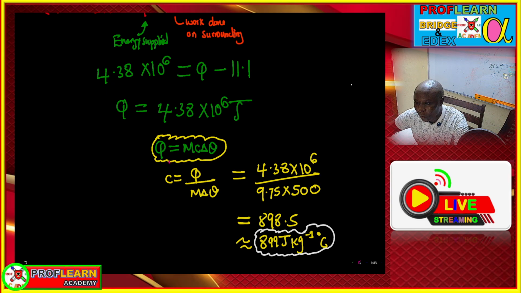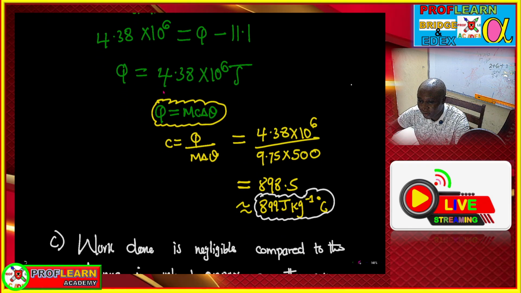So work done is actually negligible, it's not affecting anything here. And now once you've gotten the quantity of heat, you are going to use the formula Q equals MC change in theta in order for you to work out the specific heat capacity. Then we were asked that further calculations suggest,